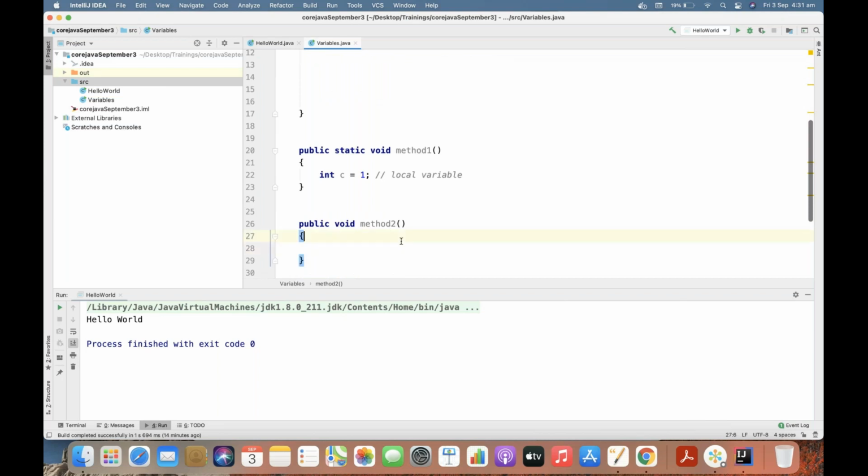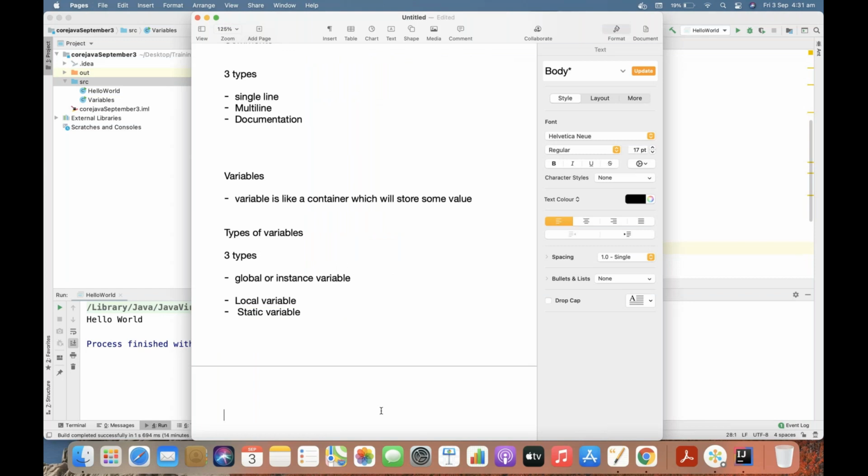Okay, maybe I'll write it down here. Static can access only static, non-static can access both static and non-static.